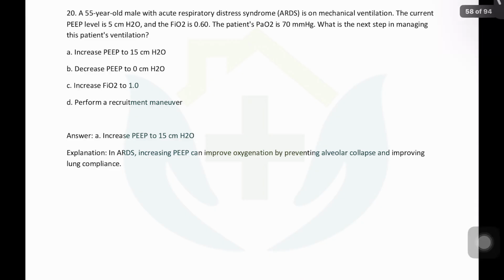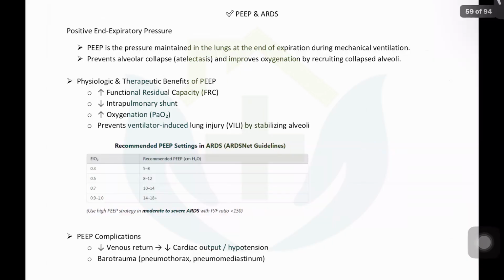Barotrauma, and so on and so forth, PEEP dependence, and the lung becomes so flail that it becomes useless later on. So the PEEP has to be targeted with the help of the ARDS net chart. This is by the guidelines. You have to follow that. So as far as the PEEP and ARDS are concerned, the best is to follow the ARDS net guidelines.